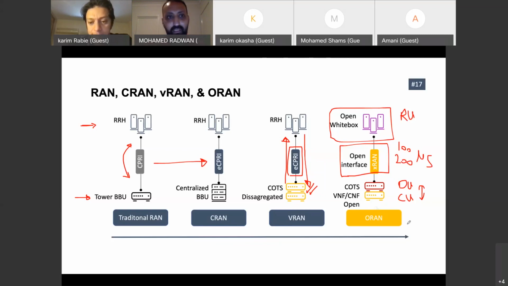We talked about some migration paths and the things which Karim actually experienced in the field with other operators. And finally, we touched base on the evolution in the RAN, cRAN, vRAN, and now the promise of ORAN. So let me see if anybody has any question in the chat.